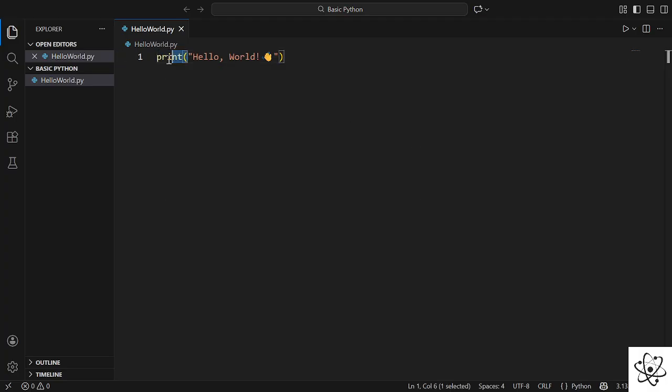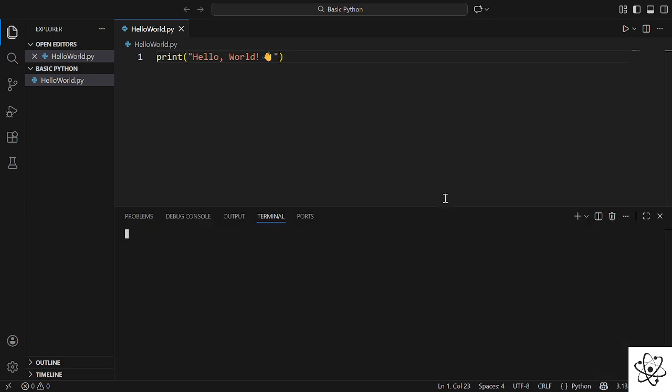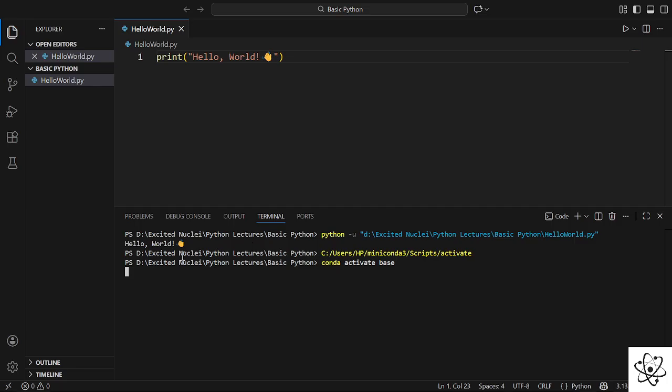Then put the brackets, and in the brackets type what you want to print. That's how simple it is to print something on the terminal. As you can see, our hello world has been printed, and you can ignore this